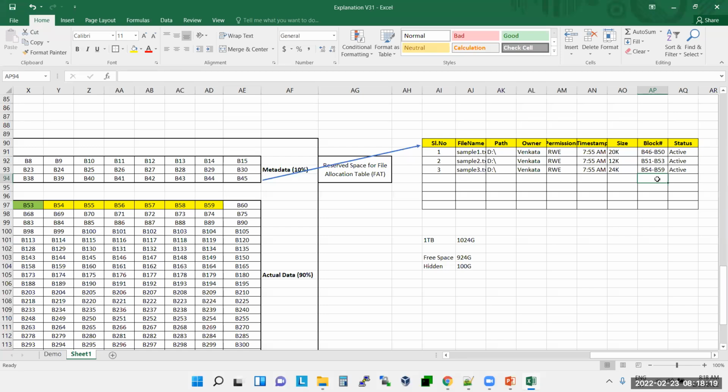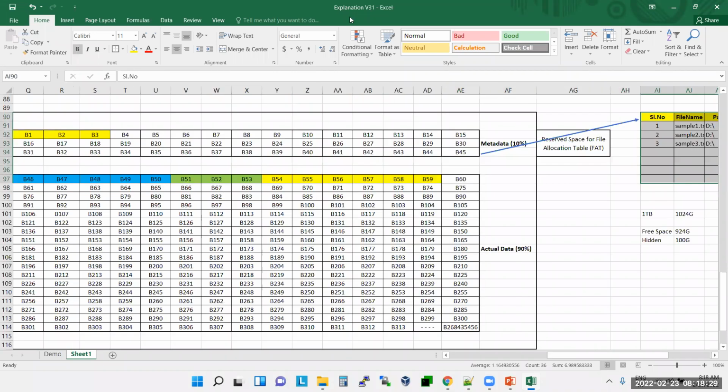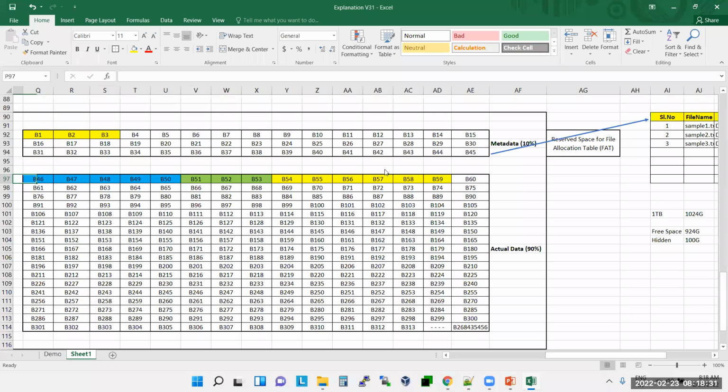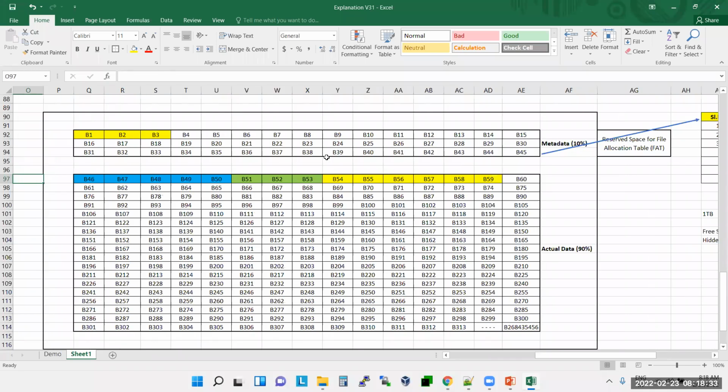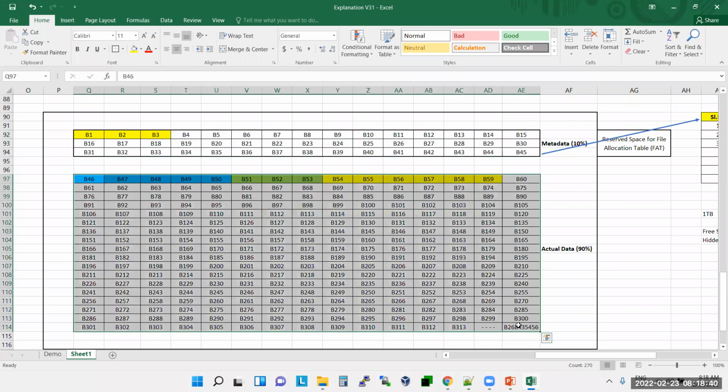If this table is gone, what will happen, guys? See, you lost this area, but this area is there. What will happen? Retrieving data will be a problem.